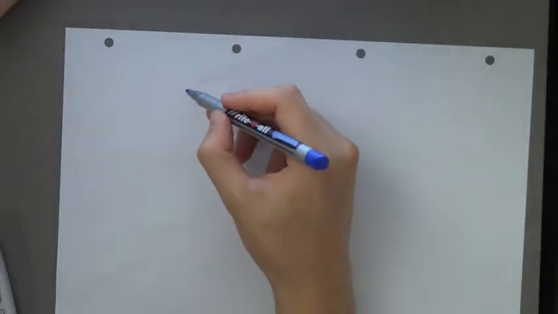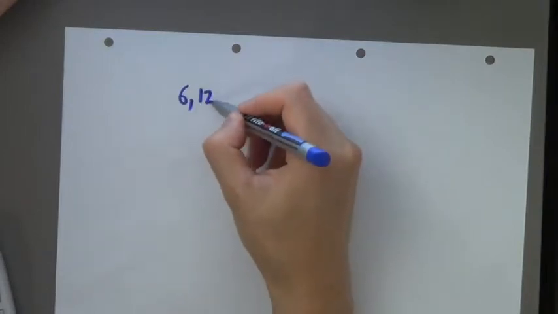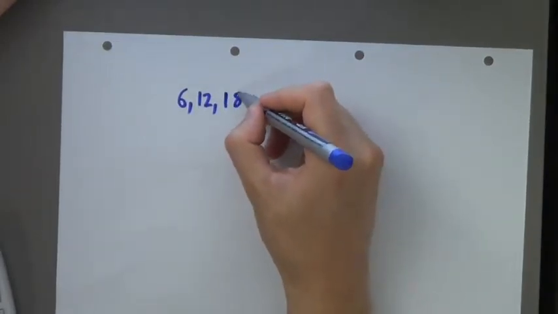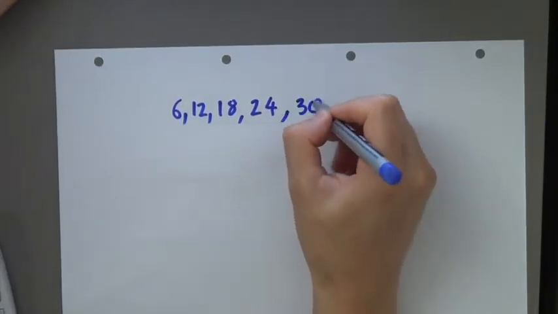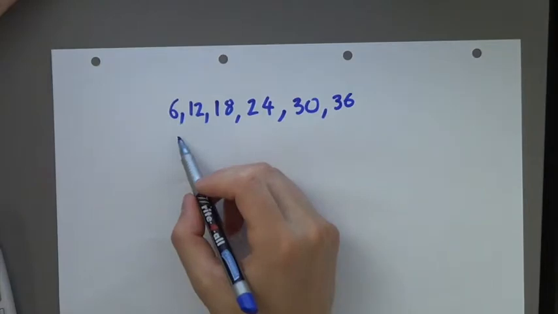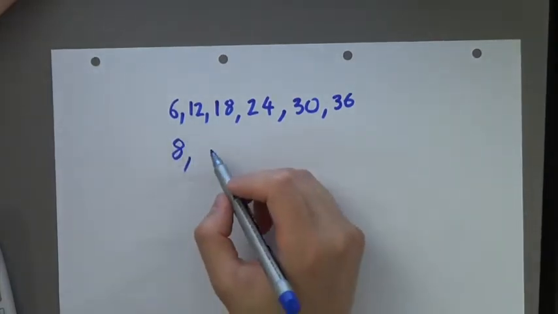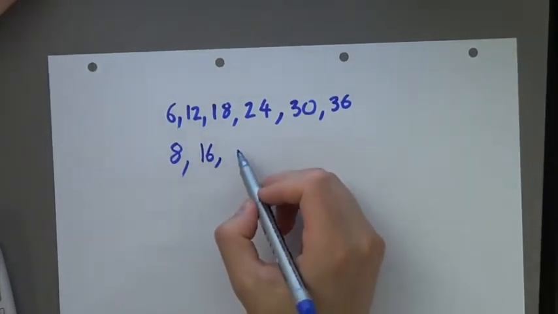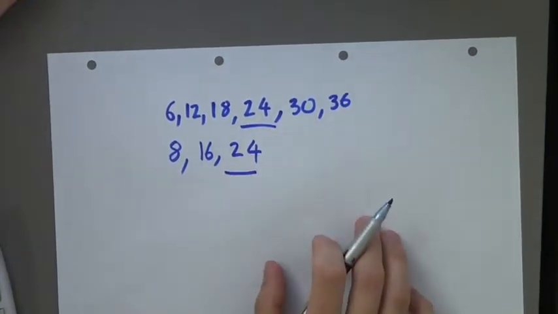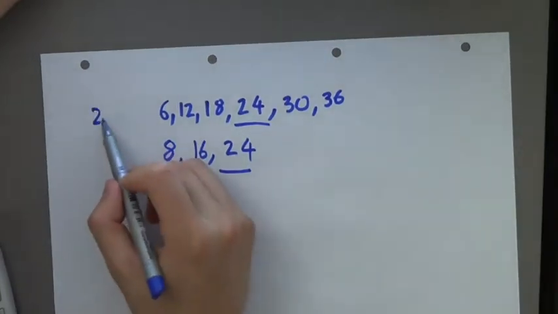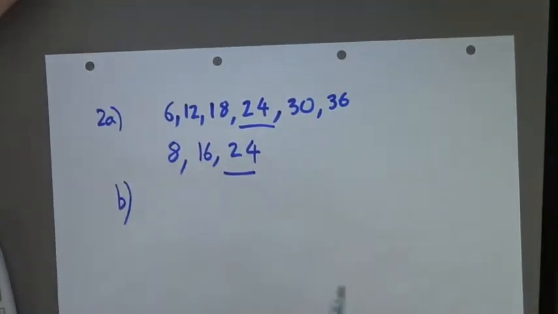So, a common multiple of 6 and 8. So the times tables of 6 and 8. So we can do 6, 12, 18, 24, 30, 36. Let's do 8. 8, 16, 24. Okay, so we've already got a common multiple. That was 2a, and then part B, it says work out